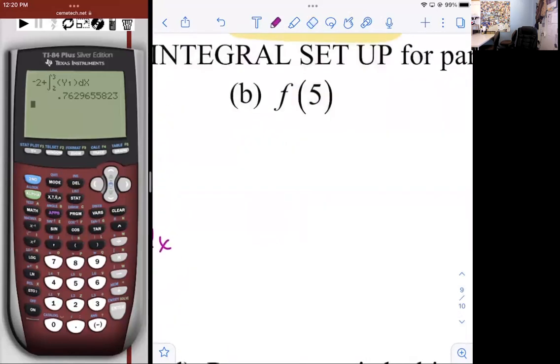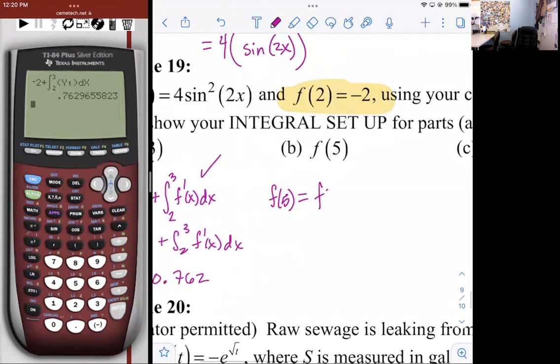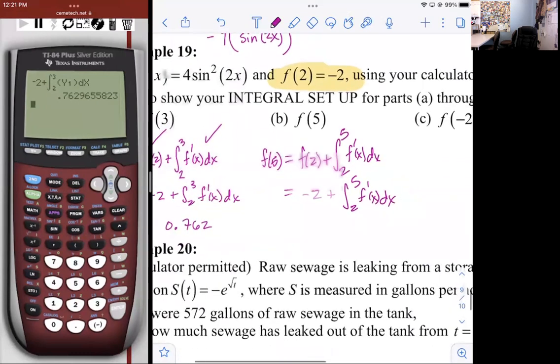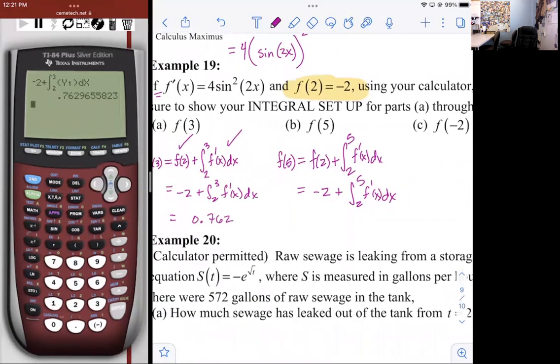All right. F of 5. Well, let's see. What we have at 5 is a function of where we started, which is still F of 2, plus the net accumulation from 2 to 5 of my rate equation, dx. Now, that would be really all you need to show. I know what F of 2 is, though. It's -2. So if you wanted to rewrite it like this, you can. I don't think these questions necessarily would come back to back to back like this, but